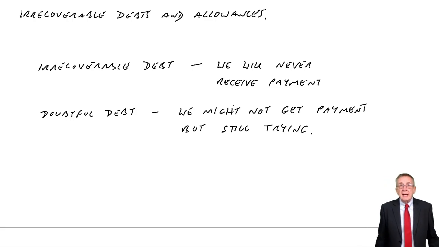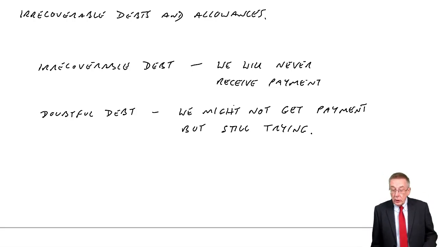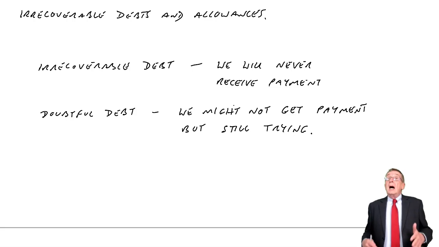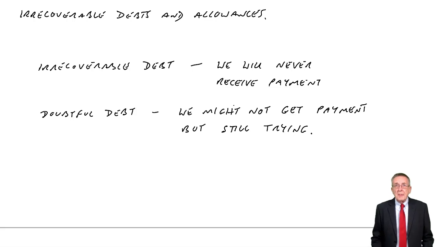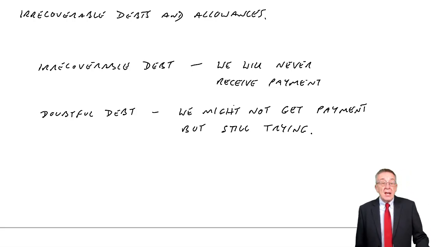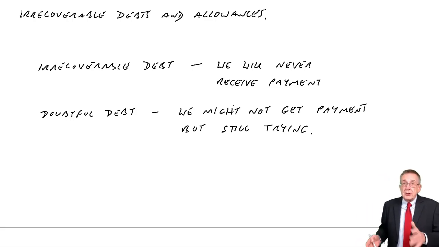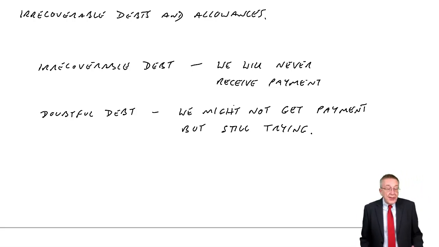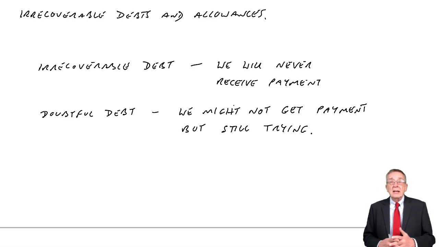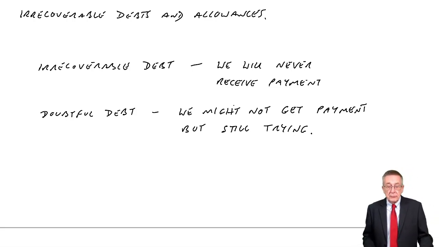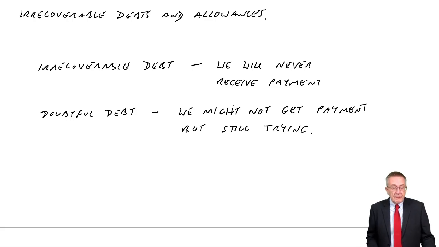So I hope I've made the distinction clear. If you're never going to get the money, we call it irrecoverable. If there's a risk that you might not get the money, but you still are trying, you still think you might get the money, then we call it doubtful. And in practice, it may be difficult to make that decision. You know, when do we give up trying? That's not your problem in the exam. In the exam, they'll make it clear. You've got various debts. They'll make it clear if any are irrecoverable or if they're doubtful. Having said that, though, let's look at how we deal with those.